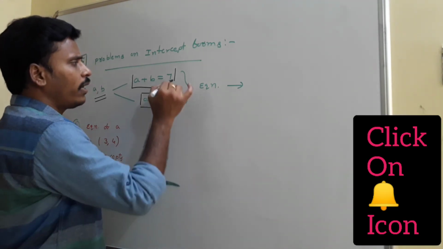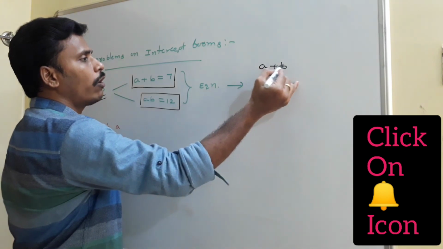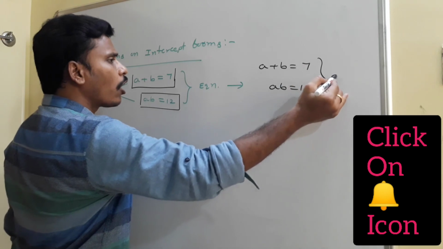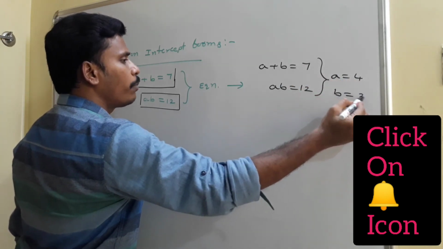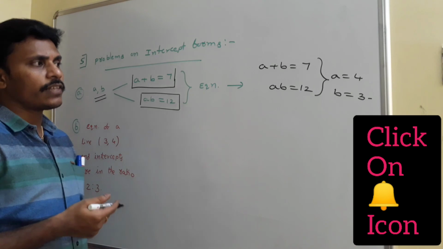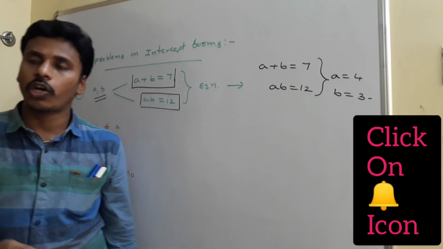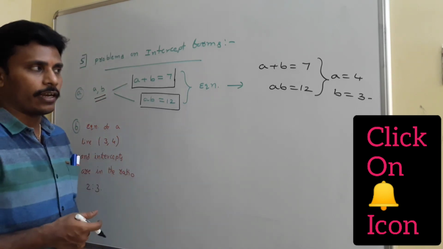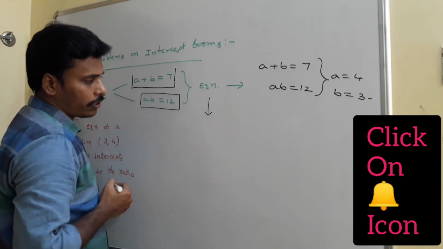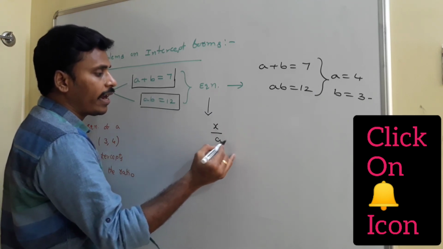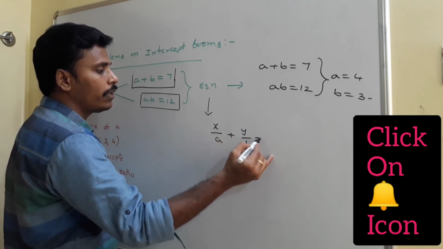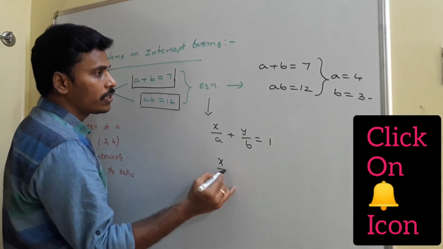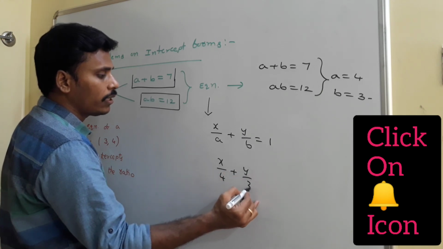Right. See, think a while. You have many ways to solve such equations. a plus b is equal to 7 and ab is equal to 12. Logically, if you think, a is equal to 4 and b is equal to 3. If it is somewhat difficult to find a and b with a logical approach, go with algebraic identities and then surely you will get a and b. And now my task is finding the equation. The intercept form of a line is x by a plus y by b is equal to 1. And with the given two equations, our a is 4 and our b is 3. So x by 4 plus y by 3 is equal to 1.